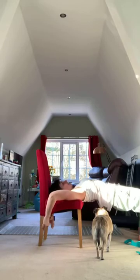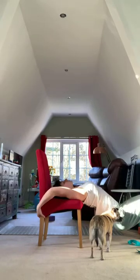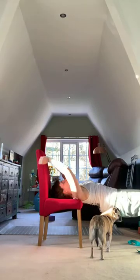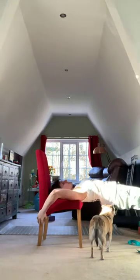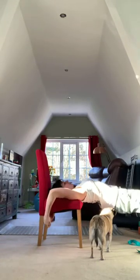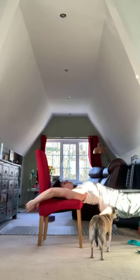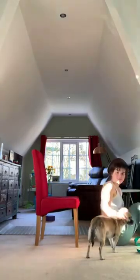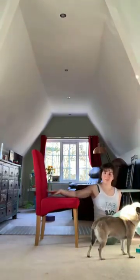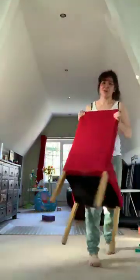Where do my legs go? And then from here, I try and sit my hips down. I'm just feeling that on the outside there. No. Yeah, I need a chair with a hole in it. This, to me, gets the wrong thing. But yeah, if you happen to have the chair with the hole in and you're super flexible, well, even if you're not super flexible actually, that's a really good shoulder one to work on. Anyway,